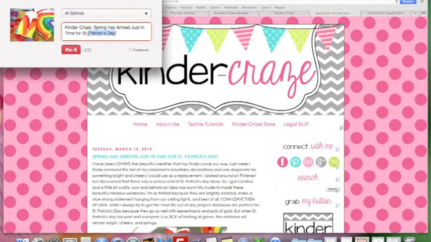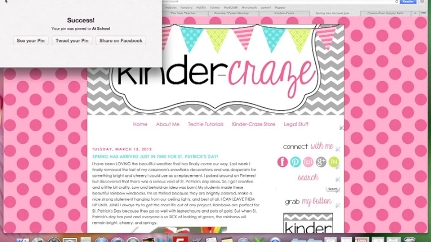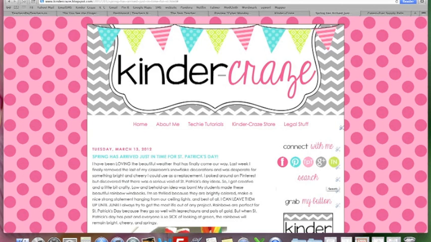If I were to pin it now, I would say cute rainbow wind socks for St. Patrick's Day. And you can see the difference. But it took me a few seconds to type that in, and most people that come to your site and are in a hurry, if they pin something, they're not going to bother changing out the description to something that fits it better. They're just going to take whatever's already filled in the box. Most people. So if you want to put your own words into that little box, I highly recommend it,